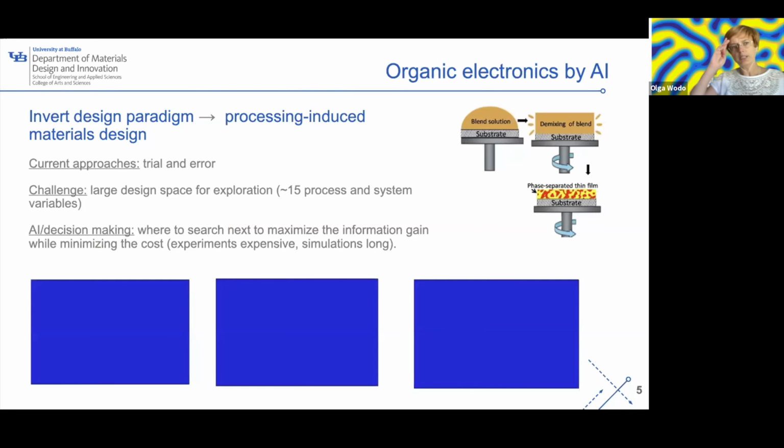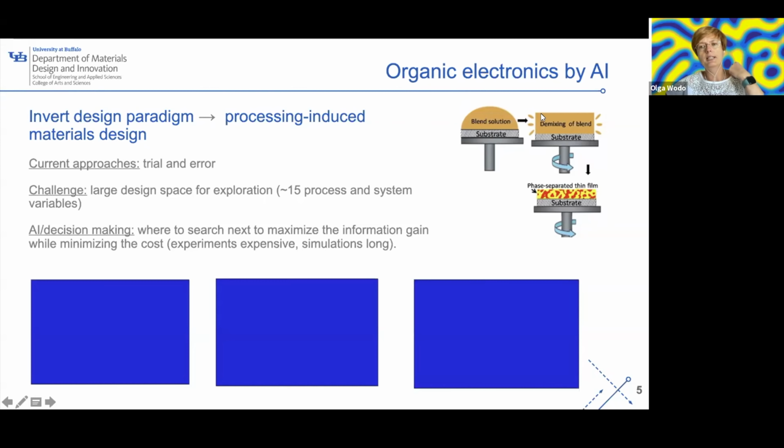So a few examples here. Coming back to organic electronics, let me walk you through the basic steps of the fabrication. What you see on the right here is the pictorial representation of the process. We are starting with the solution. The solution consists of three components: electron donor and electron acceptor, which are a polymer and, let's say, fullerene, and they are mixed together in a solvent. They are mixed together in the solvent for a good reason, because the solvent provides an environment for them to